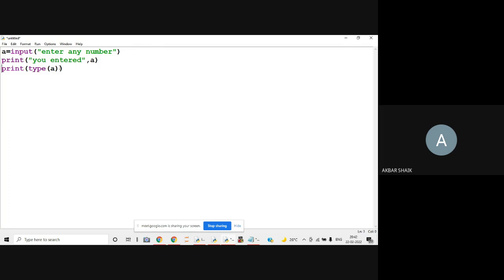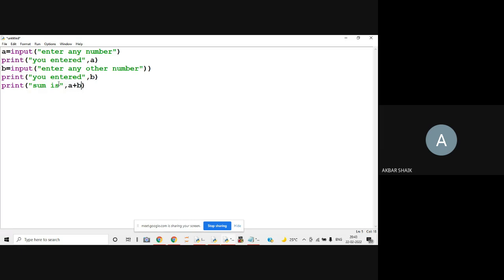I am reading this: enter any number A. Print you entered A. Next, I'll read one more number. B is equals to input of enter any other number. You entered B. Print of sum is